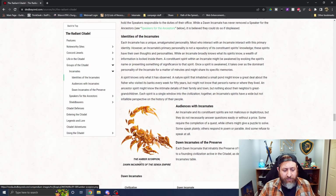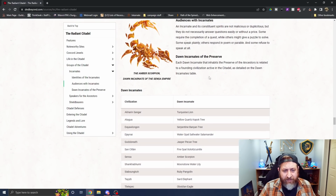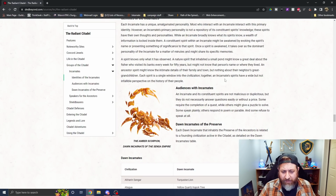And then again, here we have some more of the Amber Scorpion. Each incarnate has a unique amalgamated personality. Most who interact with an incarnate interact with its primary identity. So we can scroll down and see Spirit knows only...